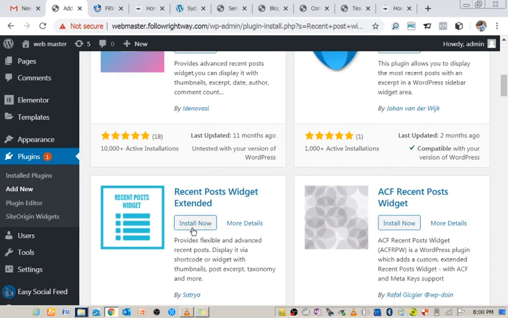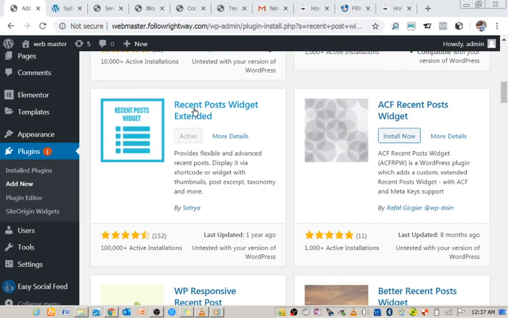Now this is it. Recent Post Widget Extended. Click on it. Click on install. Then click on activate. The Recent Post Widget Extended plugin has been activated. Now the next on our list is